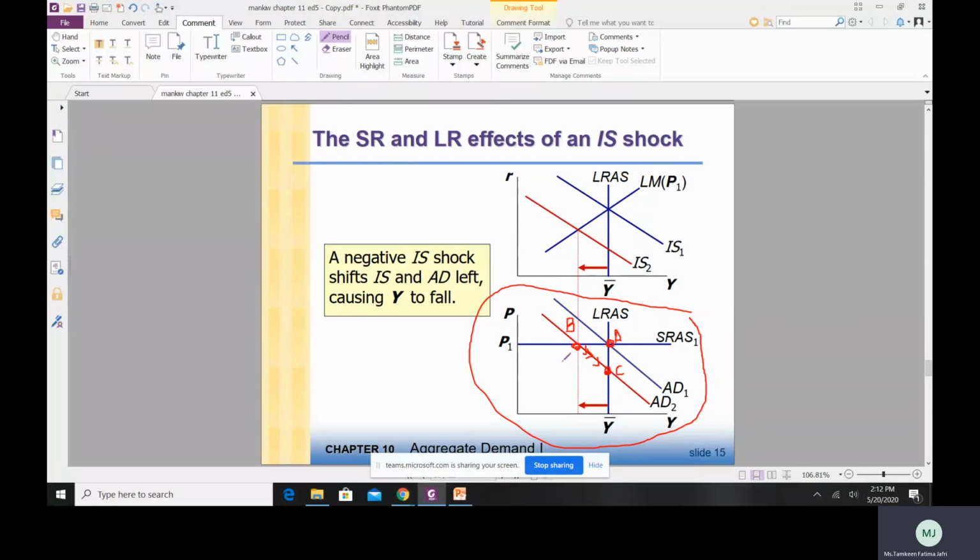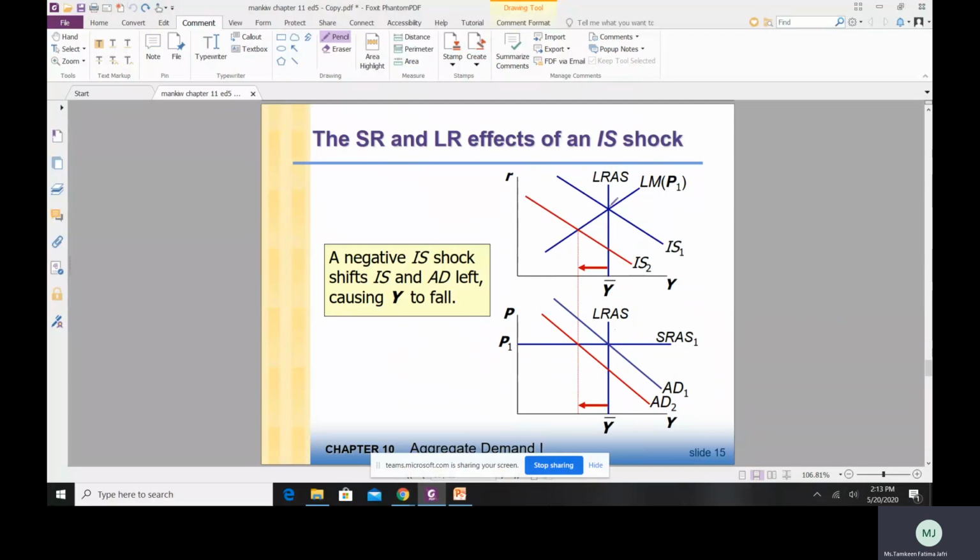The aggregate demand and aggregate supply model, it's not powerful enough to explain what is happening to the interest rate as a result. उसको डिटरमिन करने के लिए, इंटरेस्ट रेट को क्या हो रहा है उस चीज को देखने के लिए, I will have to make use of my ISLM framework which I've just developed. So I'm adding this ISLM framework here. Now let me just first rub the additional things. Okay, now going over this diagram one more time.